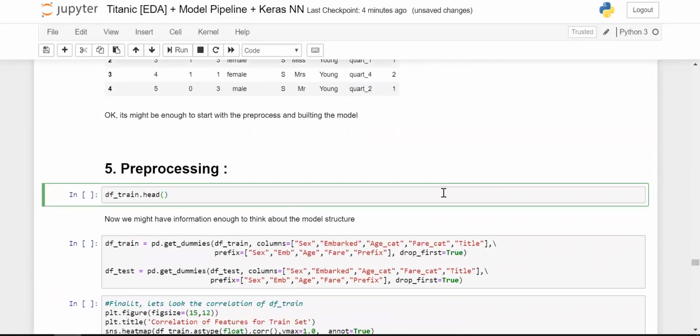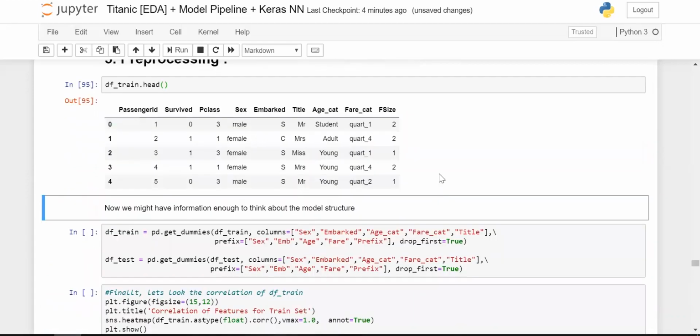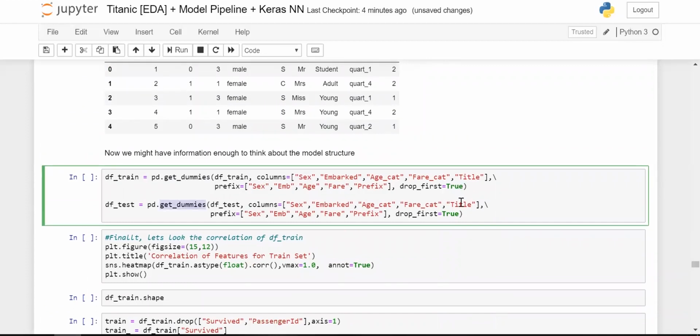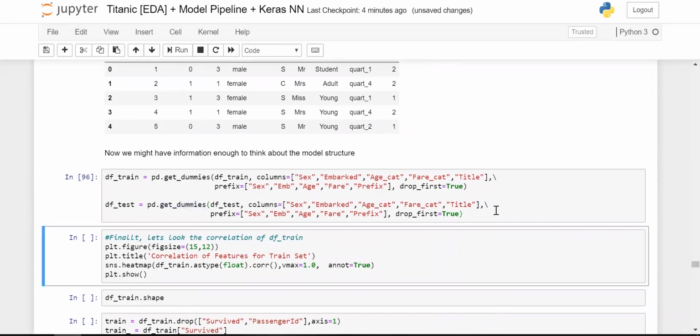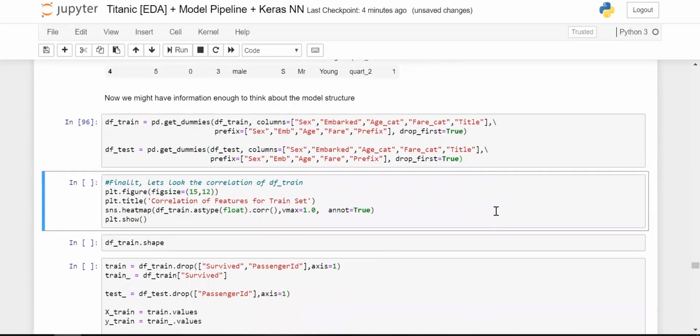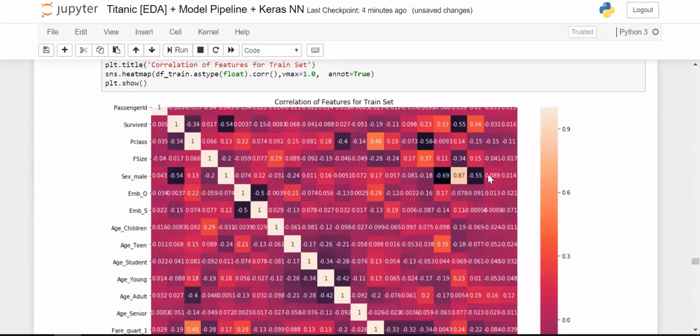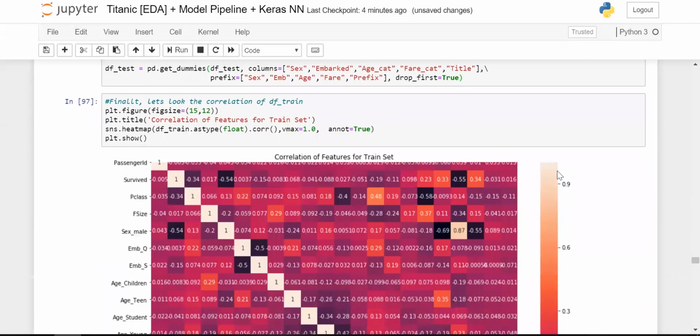So let us just get into the model building now that we have done the EDA and feature engineering, right? Since these topics are already covered previously, that's why I went a bit fast. So we'll use this function to encode all our categorical variables as of now. Okay. So this is the correlation plot between the different variables. So it is from -0.6 to 0.9 and to 1, which is around here. So we have all the values also printed there.